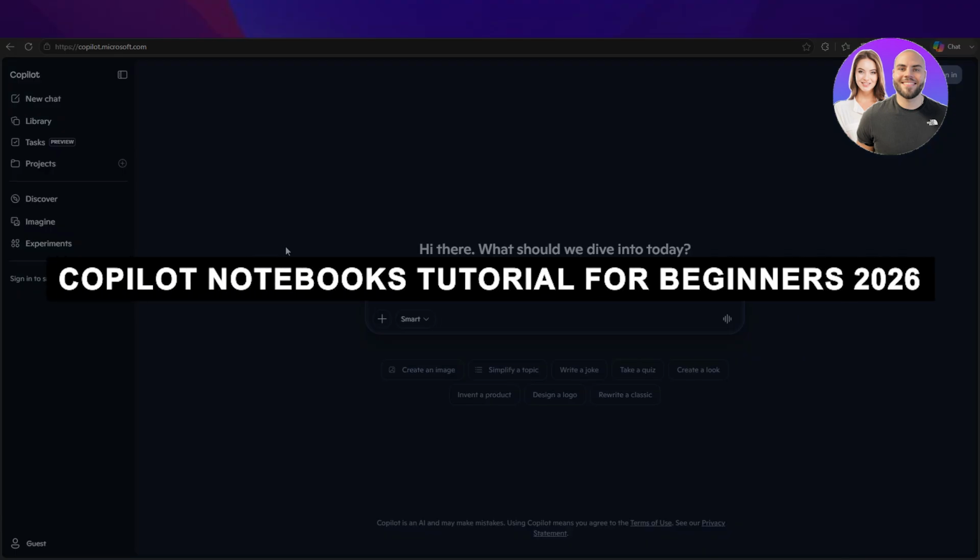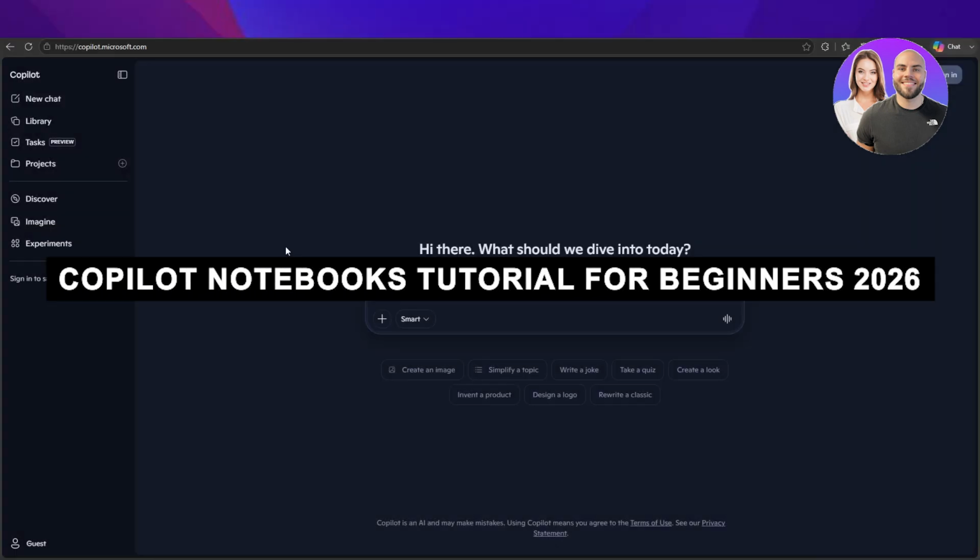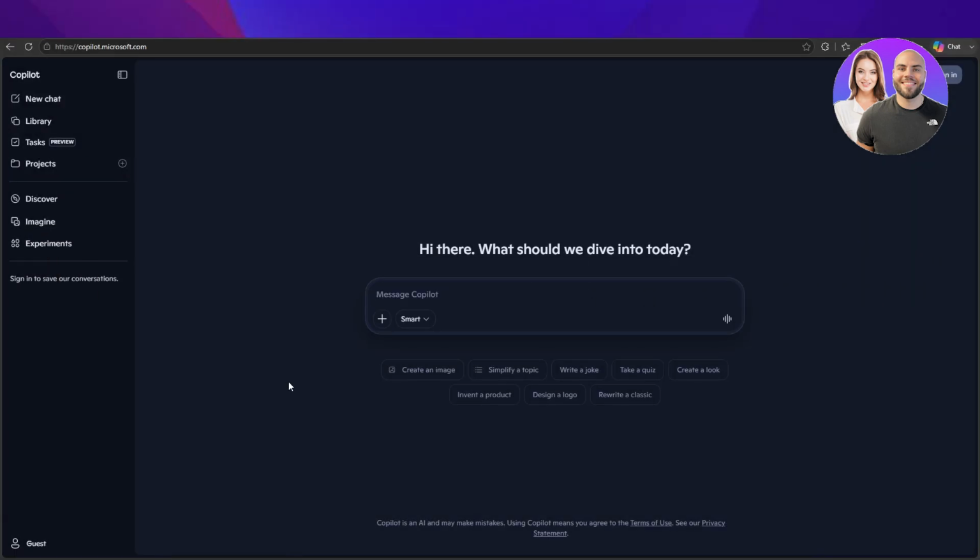Copilot Notebooks Tutorial for Beginners 2026. Microsoft has been adding AI capabilities to its products faster than most users can keep up with. And one of the most, you could say, genuinely useful additions that hasn't gotten enough attention is going to be